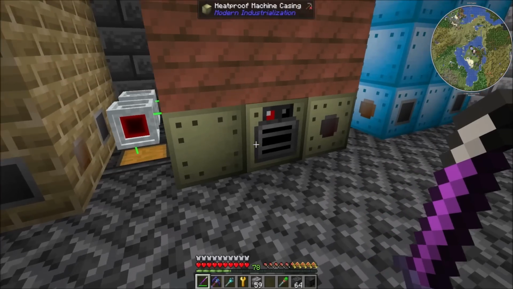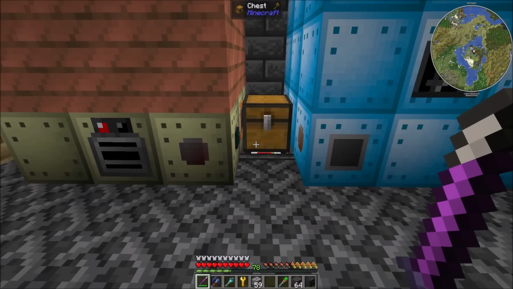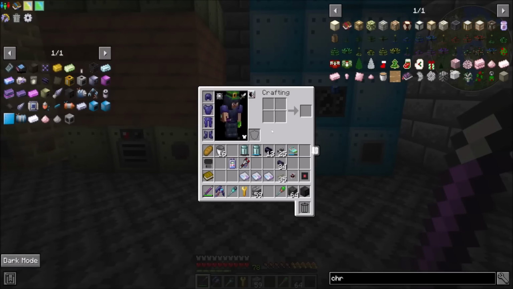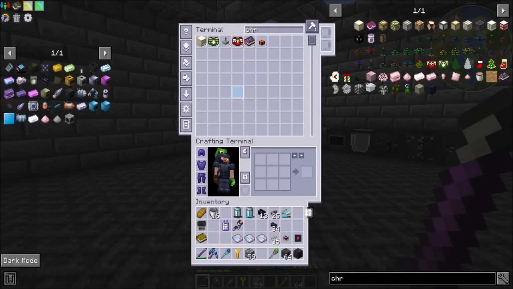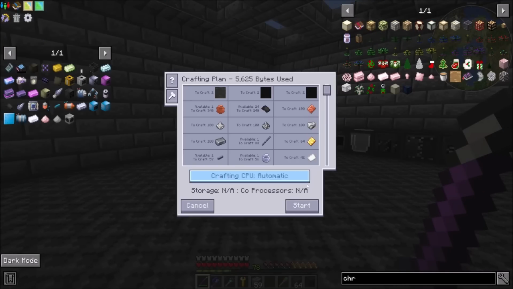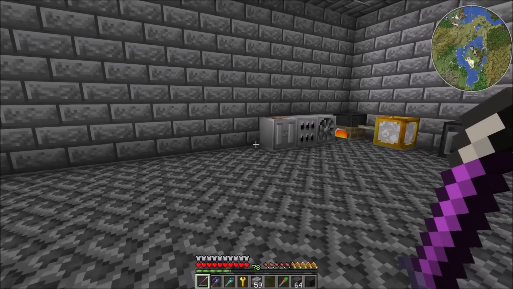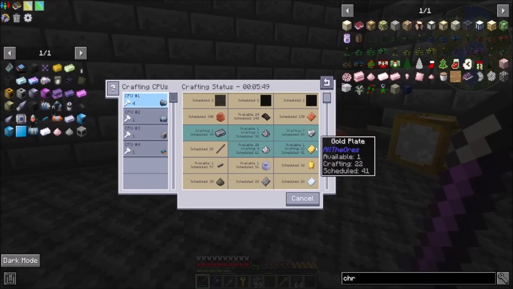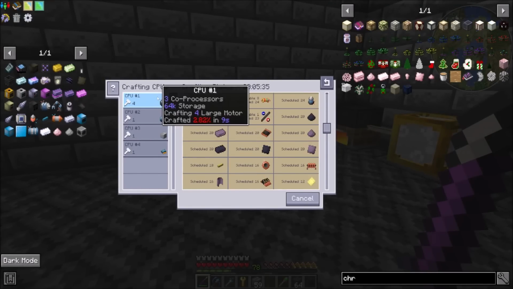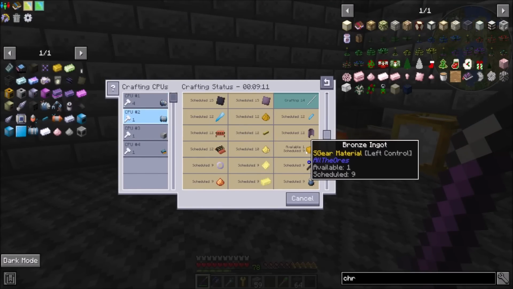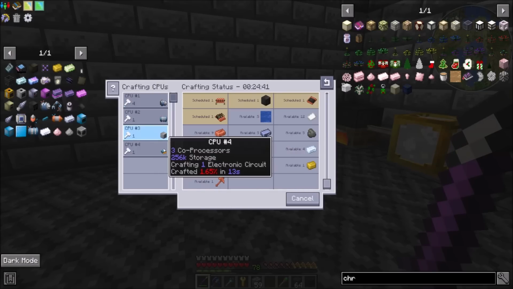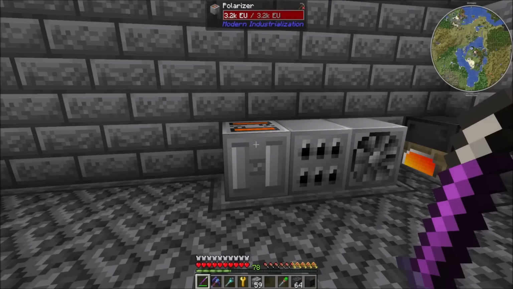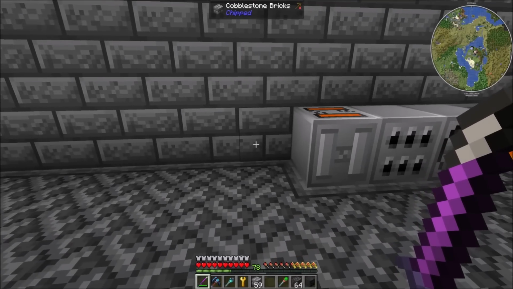Yeah, I might move this stuff underground, because there's no reason it needs to be at this level, right? It can hide under the basement floors, and that might look better. So while I'm waiting for the centrifuge, which is going to be a lot of crafting, mind you, a lot of crafting. Look how much stuff goes into this. And that's just for this bit. This bit needs a whole other batch of stuff, as does this bit, as does this bit. Like, it's a lot. It's a lot of stuff. So we'll come back, because I don't have a centrifuge yet right now. So we'll come back in a minute